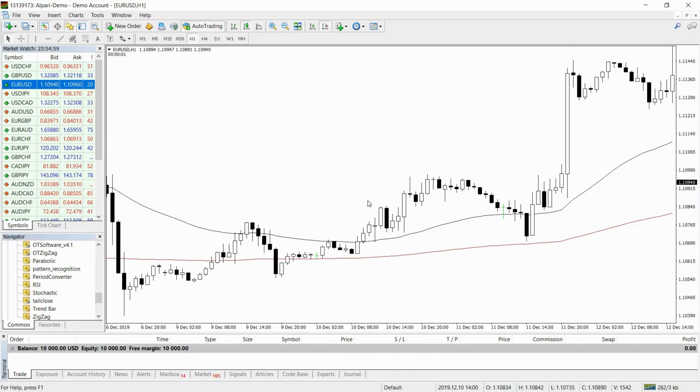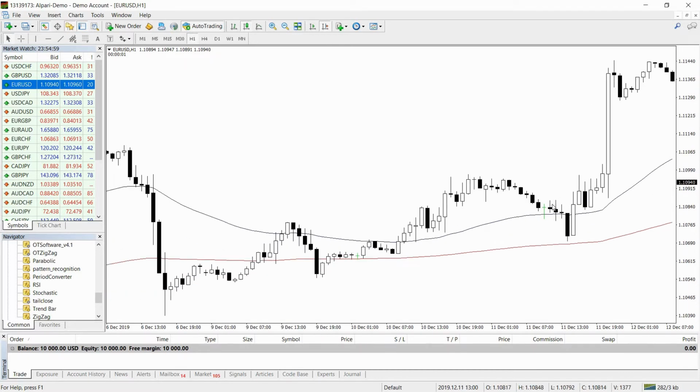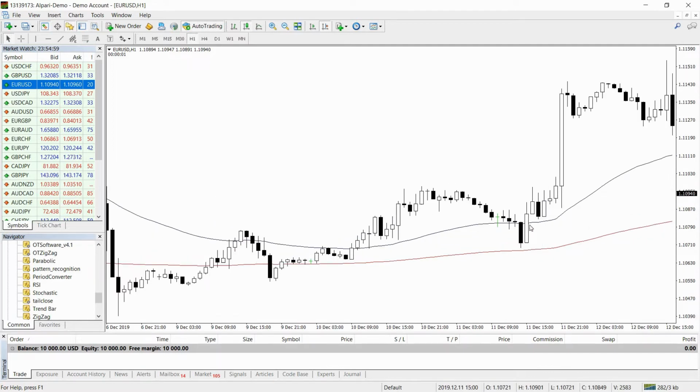But again, this is all very specific to the individual. You can implement whatever you want. So here again, we get a touch. We don't have an entire range below the candle. Obviously this one opens above the 50 EMA, even though it closes below it. We don't have the high, the low, the open and the close below it. So we actually have the open and the high above the 50 EMA. So this is still a valid trade. So we'd have got in on the close of this bullish engulfing candle here,